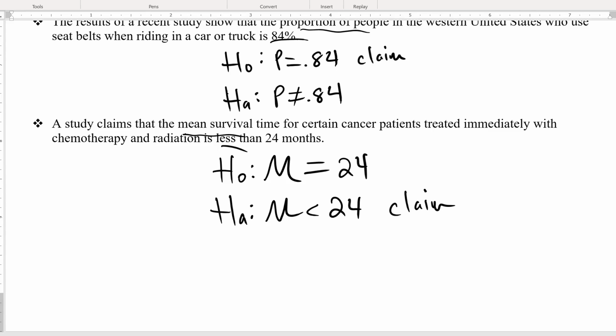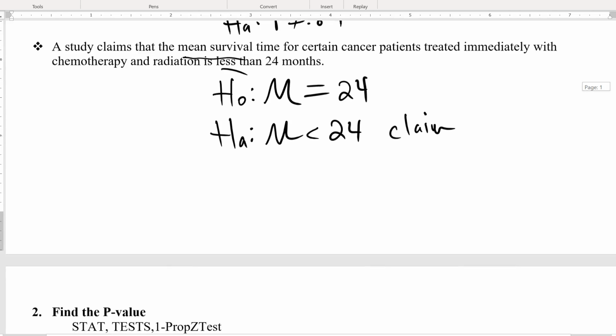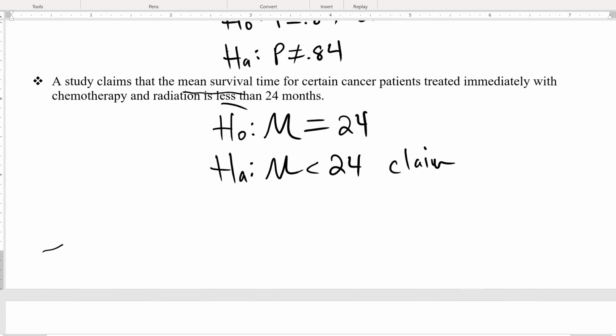Okay? So the way that we run a null hypothesis is basically we assume that this null hypothesis is true. We assume that it's true, and then we test that if our statistic we got showed up, what's the probability of it occurring? Okay? So in all of these, basically what we're doing is we're taking whatever the H naught is,